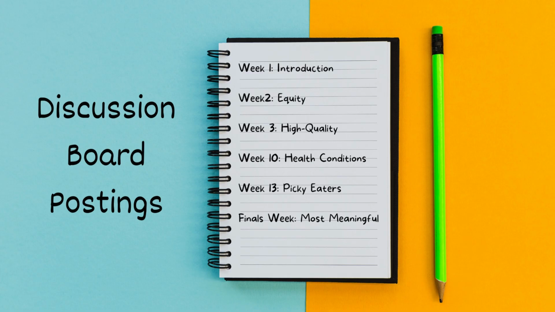Now, you also have 6 discussion board postings that are not linked to assignments. So you're expected to read your peers' posts and add to the discussion. We want to make sure this is deep conversation, just like if we were in a classroom, that inspires your learning. You must make your own original post and reply to those that comment on your post, and then reply to at least 2 other peers' posts. So as you can see here, you've got them on weeks 1, 2, 3, 10, and 13, and then finals week.